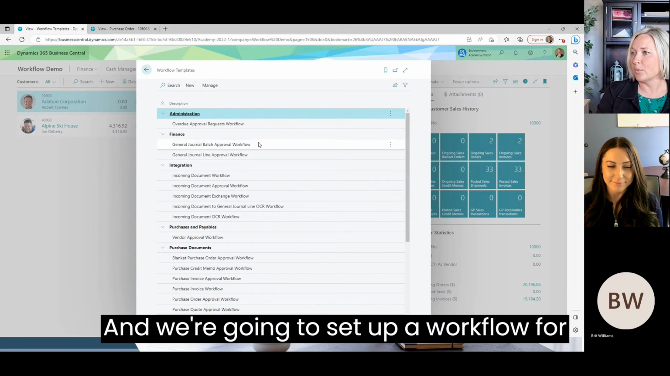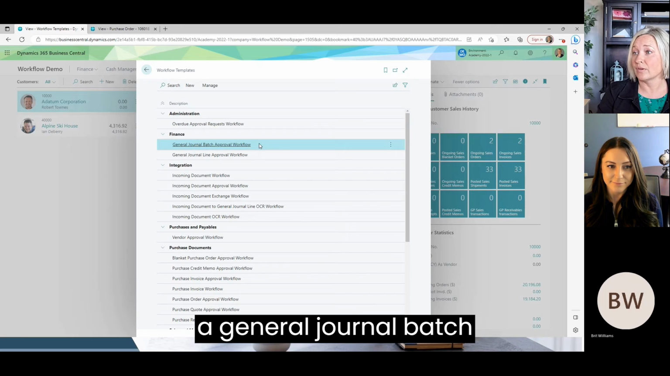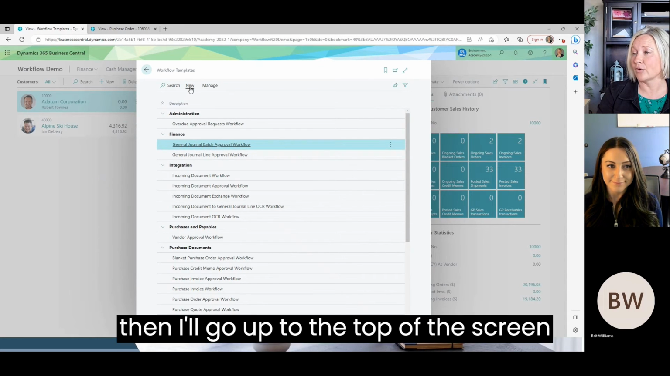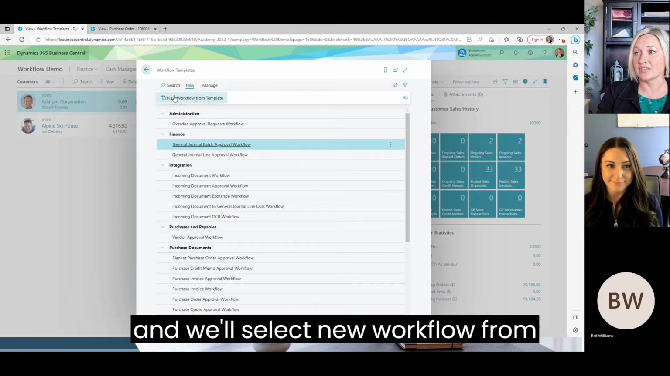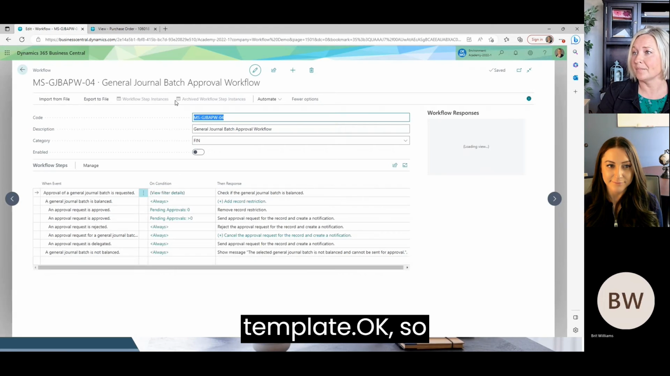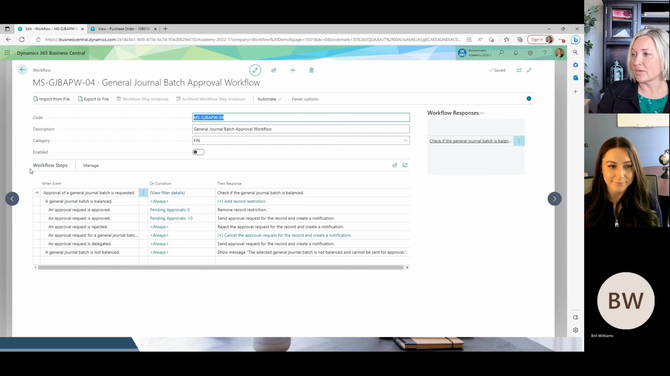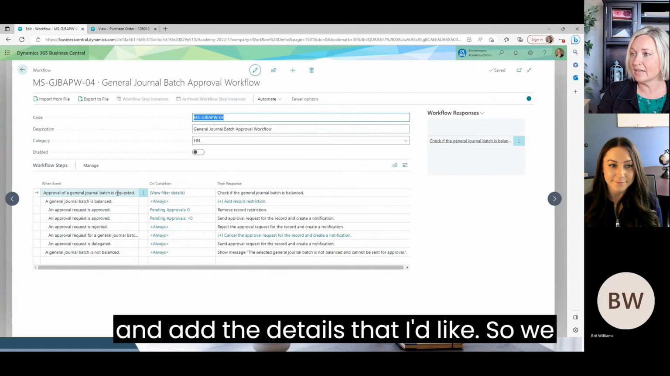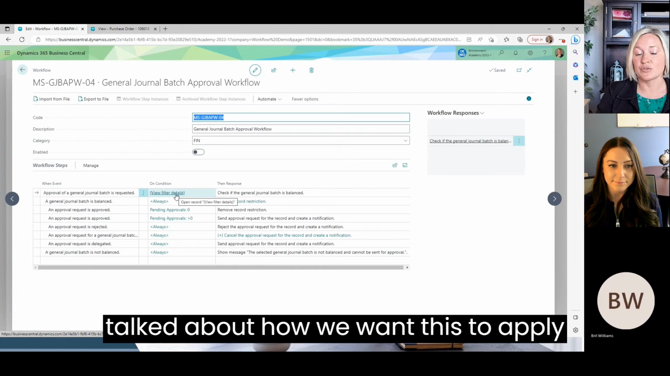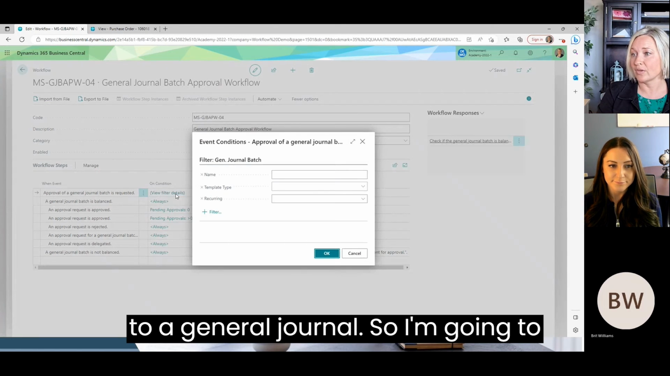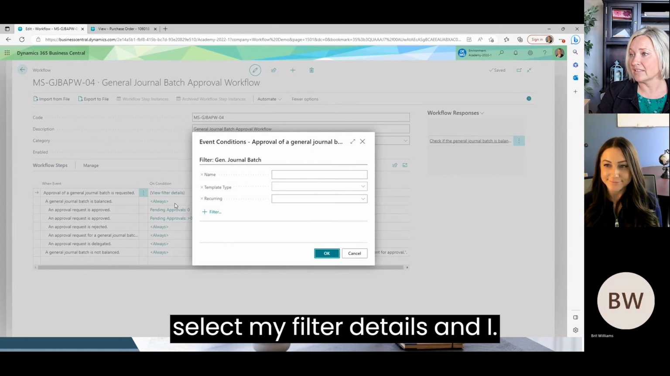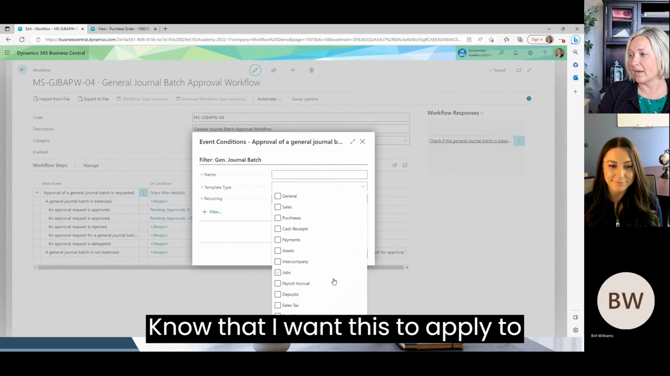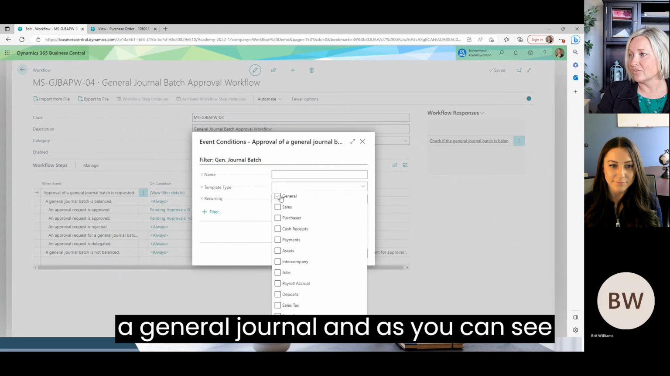And we're going to set up a workflow for a general journal batch approval. So I select this template and then I'll go up to the top of the screen and we'll select new workflow from template. Okay, so now this is a workflow that I can edit and add the details that I'd like. So we talked about how we want this to apply to a general journal. So I'm going to select my filter details and I know that I want this to apply to a general